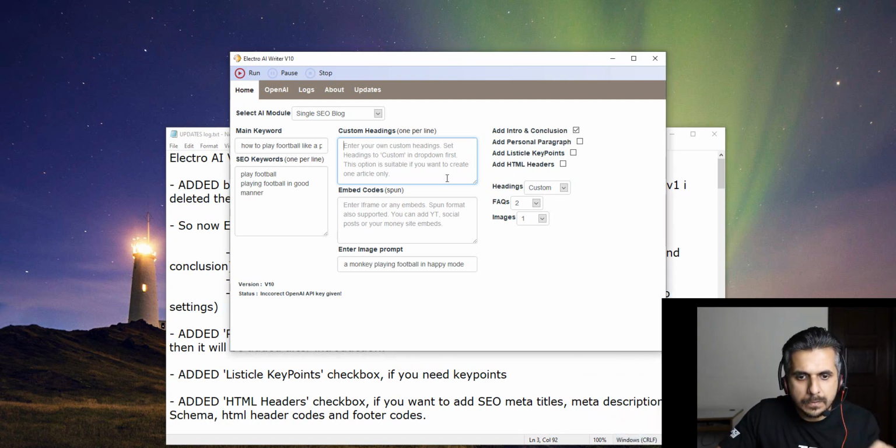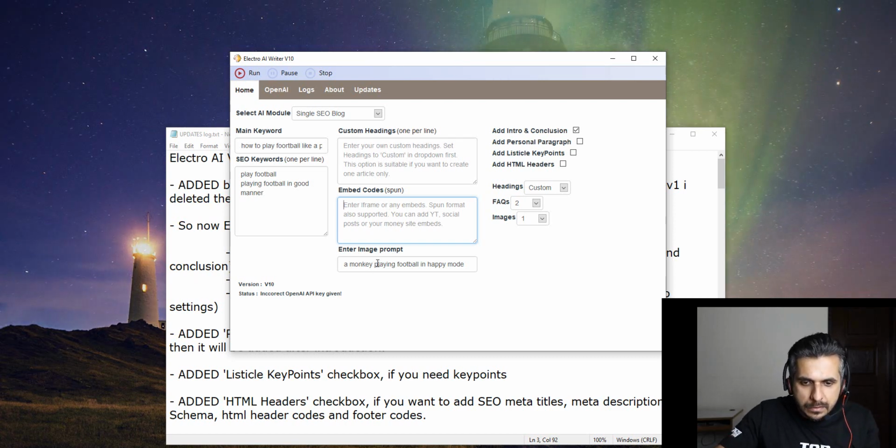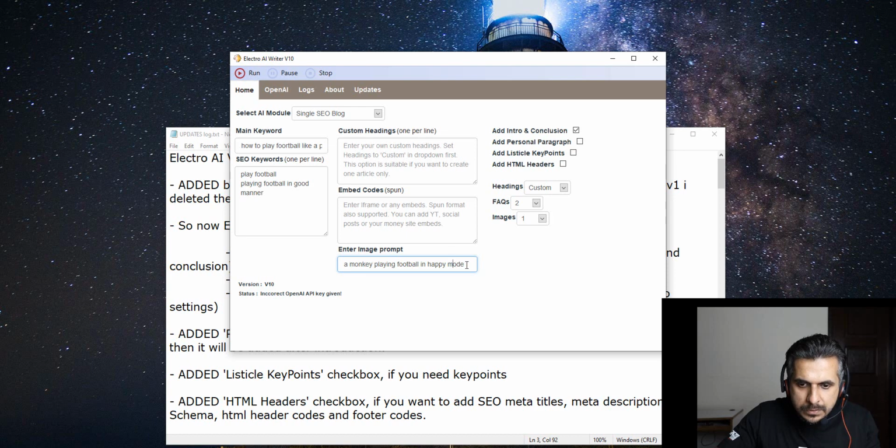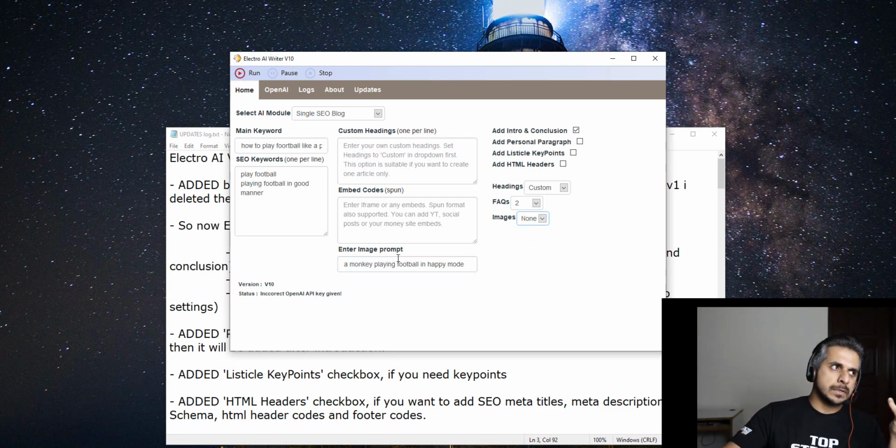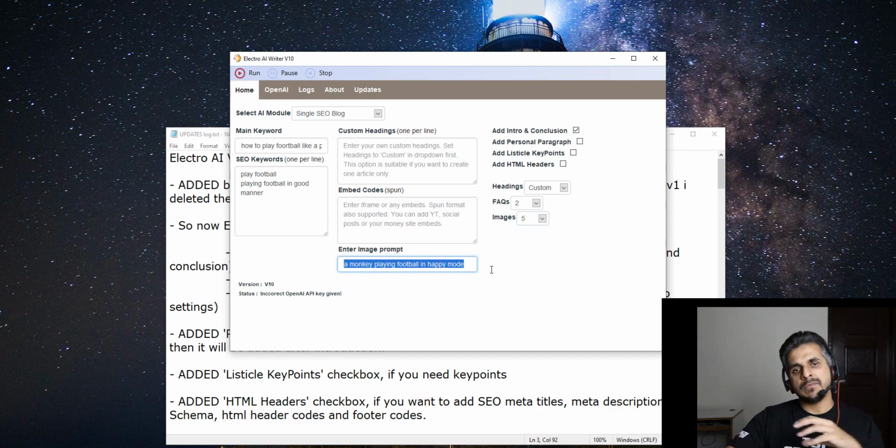Hold on. Okay, instead of this custom thing, for embeds you just have to paste your embed code of anything. This is the prompt. It's up to you if you want images. For example, if you have given the prompt and you just select this, then no images will be generated by AI. And if you select 5, then this same prompt will be used and 5 different outputs